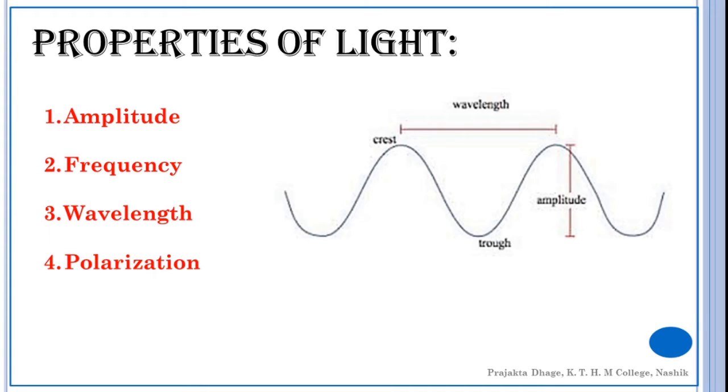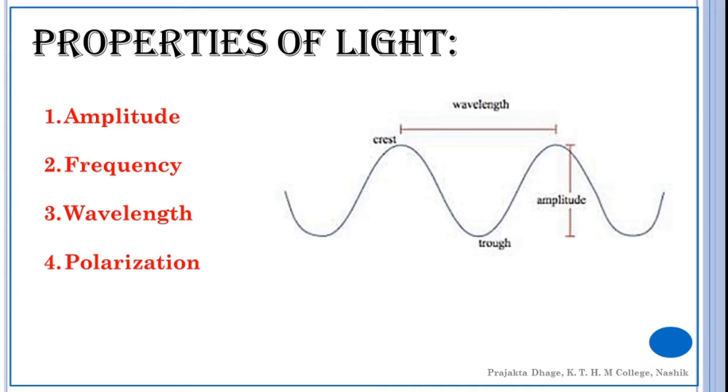Okay. Now let's talk about frequency of light. It is the number of times a wave crest passes a particular point in 1 second. Light waves of identical frequencies can combine or interfere with each other and are called coherent rays. The light waves of different frequencies cannot interfere with each other and are called non-coherent rays.